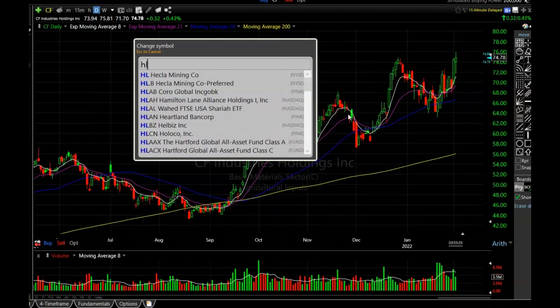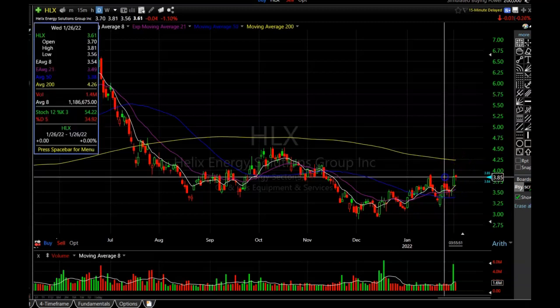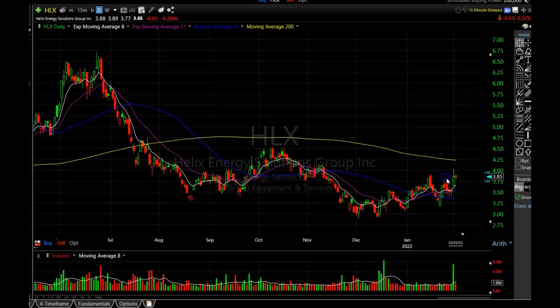Another one is HLX. HLX looks like it is in the process of bottoming. You can see tons of volume coming in over these last couple of months. It's doing one of these nice little creeping up trends, and if it can move up, pull back and make a ceiling on one of the last highs, then that's usually an indicator that the trend is going to start